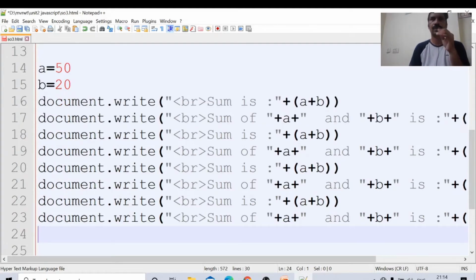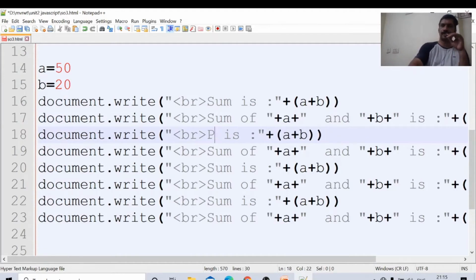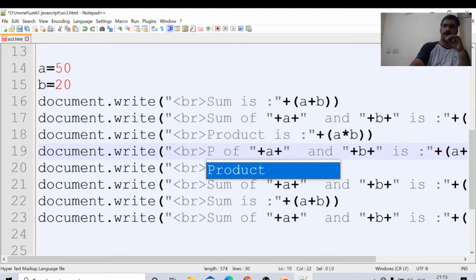Okay, the first one, sum, is completed. Next one, product. Product of. For product, what symbol do we have to place here? Star. Here also I am replacing this with product.